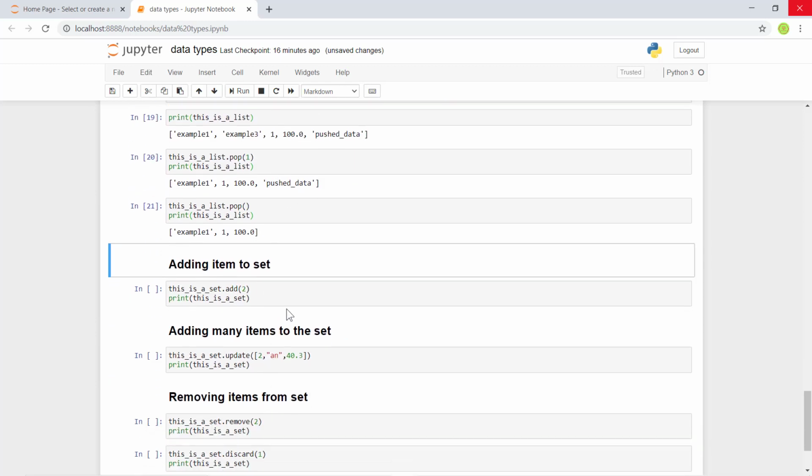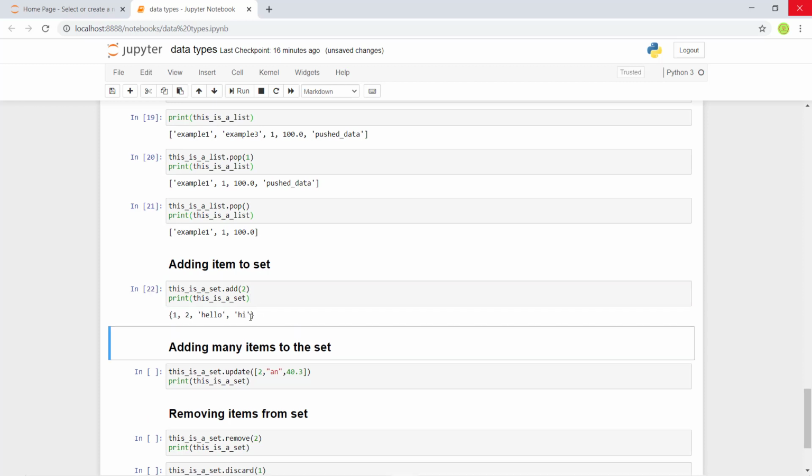Now we are going to see how to add elements in the set. In set, it is a bit different. We have to use the keyword add for adding the elements in the set. I am going to add the number 2 here. So in set, the int variables are given more priority when compared to strings, so that is why we cannot call the expected value as we assigned.